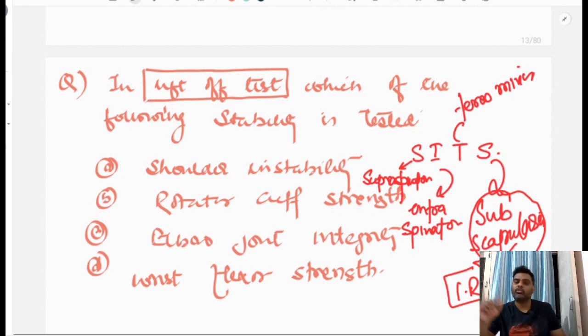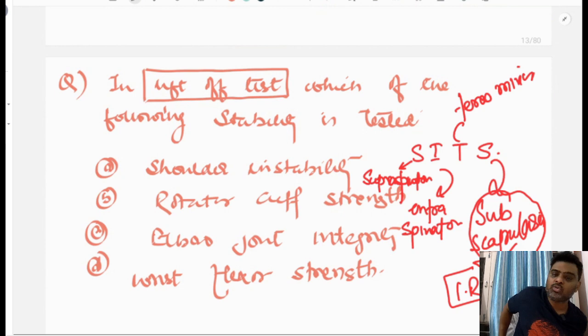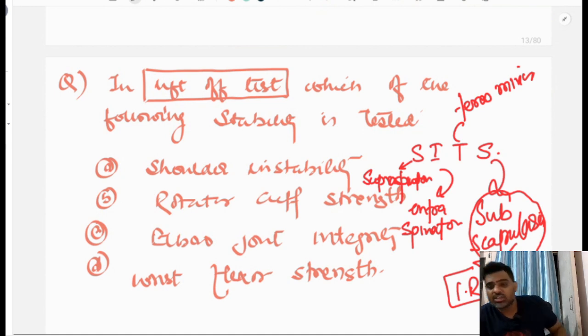This is known as the lift off test. So in complete tear of the subscapularis, which is a part of the rotator cuff, the patient will not be able to lift off his hand. And in case of partial tear, that is 30-40% subscapularis muscle tear, the patient will not be able to take his hand to the back, because taking the hand towards the back involves internal rotation, and internal rotation is done by the subscapularis